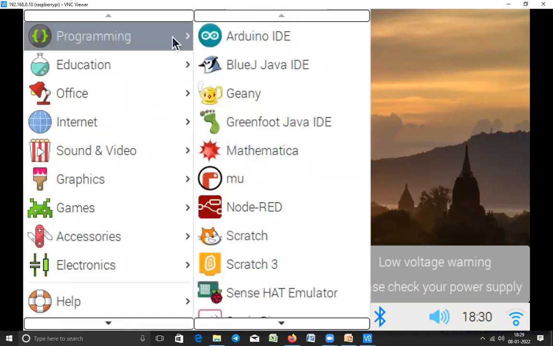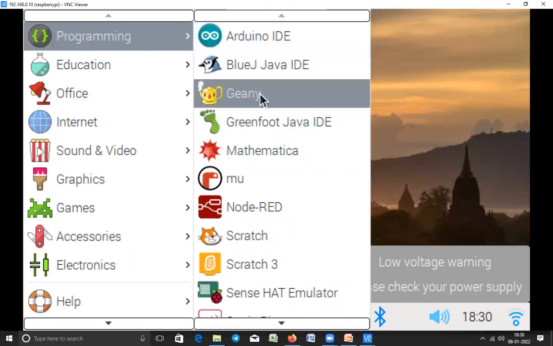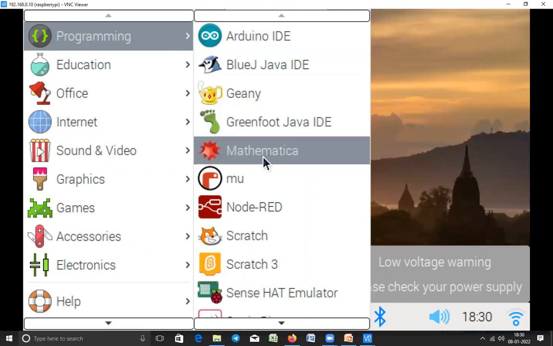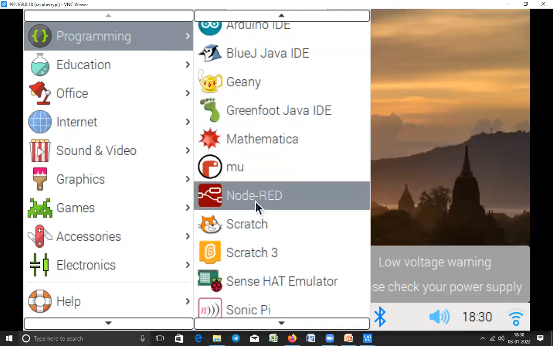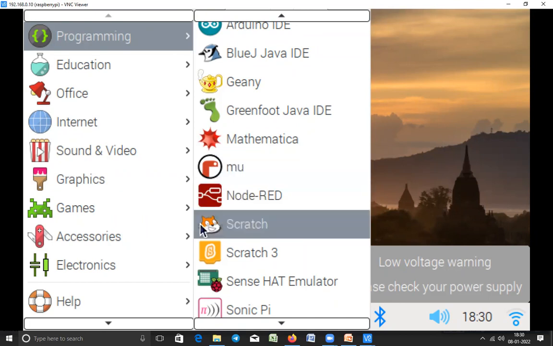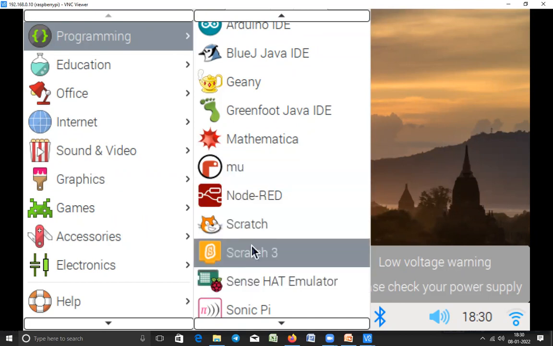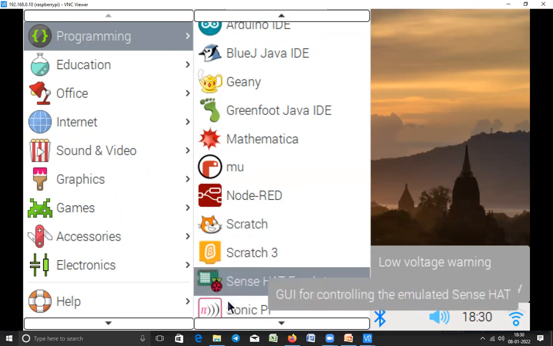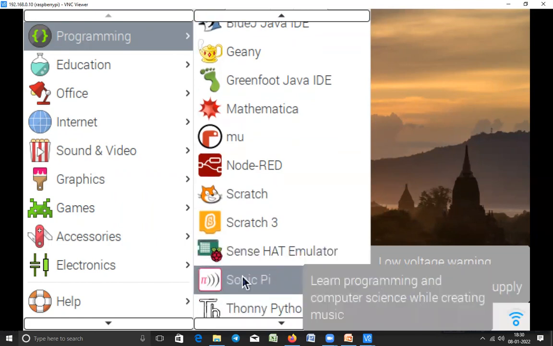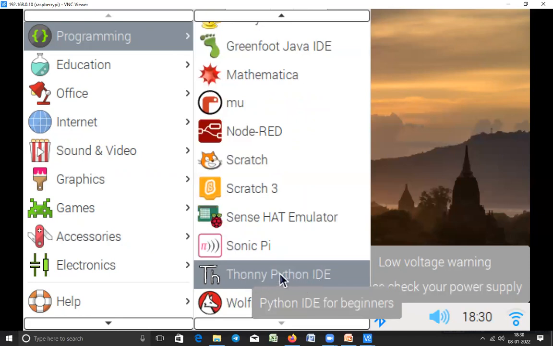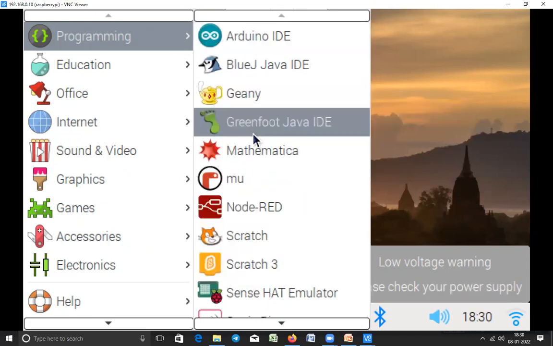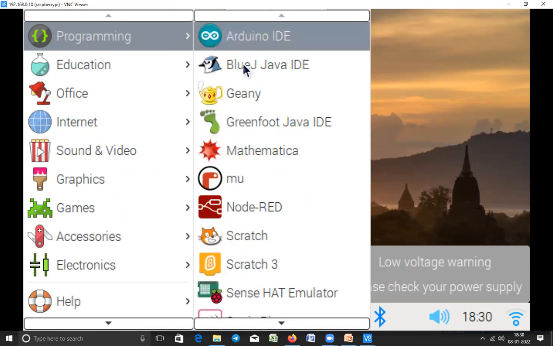Now you can see here, when you click on this Raspberry Pi logo, you will see all the available things. For example, I have installed the Arduino IDE in this, so I can program my Arduino directly from this Raspberry Pi. We have a Java IDE, Geany IDE, and there are many IDEs. Even you have Node-RED. Node-RED is being used by many industries. Mu is a Python IDE, and Scratch is for students and beginners. Then there is the SenseHat emulator and the Python IDE. These are all various IDEs and programming environments we can use to write programs on the Raspberry Pi.